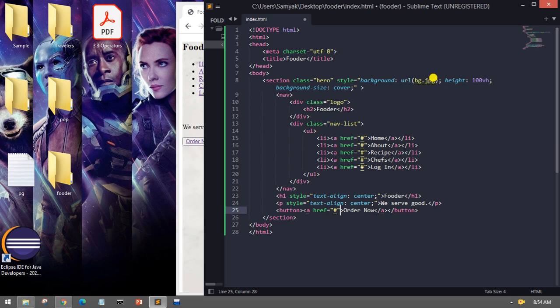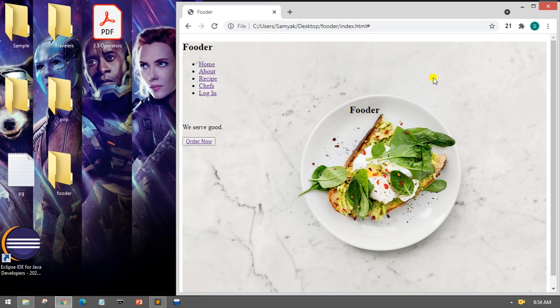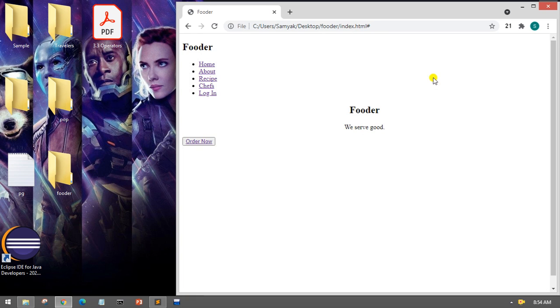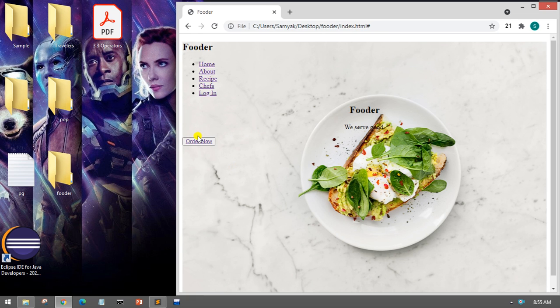Now inside here we cannot write text align, because this will just align the text there. So for this we'll just write justify content. You can understand justify content if you have some knowledge about web development and Microsoft Word; you use justify content to align center. Now here you can see the order is not in the center. To take it to the center,